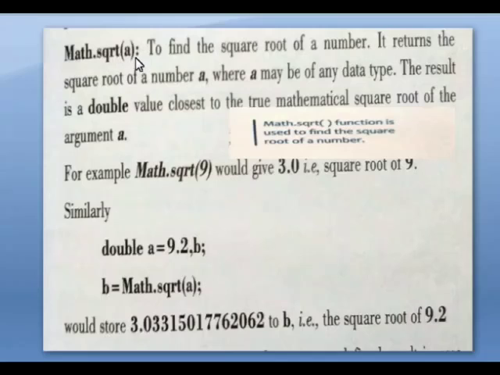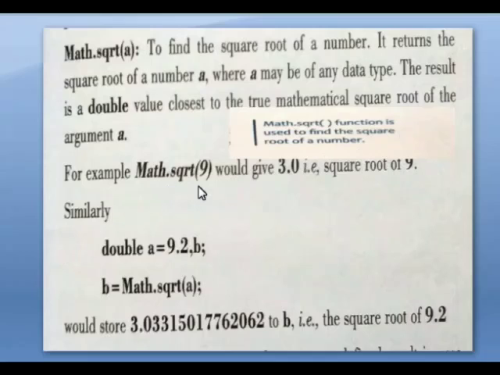To find the square root of a number, it returns the square root of a number a, where a may be any data type. The result is a double value closest to the true mathematical square root of the argument a. Argument means the variable that is inside the bracket. So here you see the Math.sqrt function is used to find the square root of a number. For example,